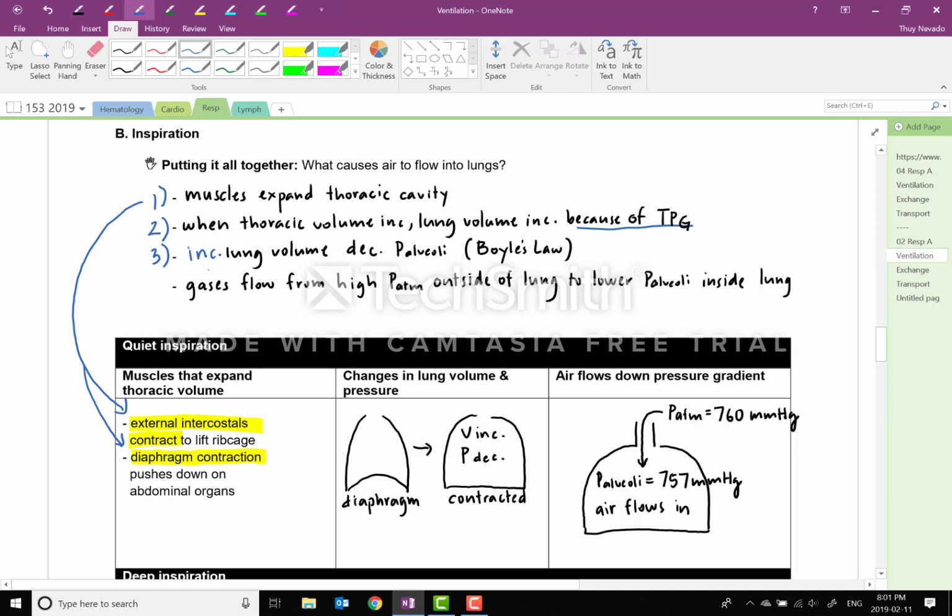This is Boyle's law. And since we have a difference in pressure, we now have a pressure gradient, and gases will flow from high pressure to lower pressure, or we could say gases flow down the pressure gradient. And at this point, you could actually insert all of the respiratory anatomy. So it might, for example, go in through your nasal or oral cavity,